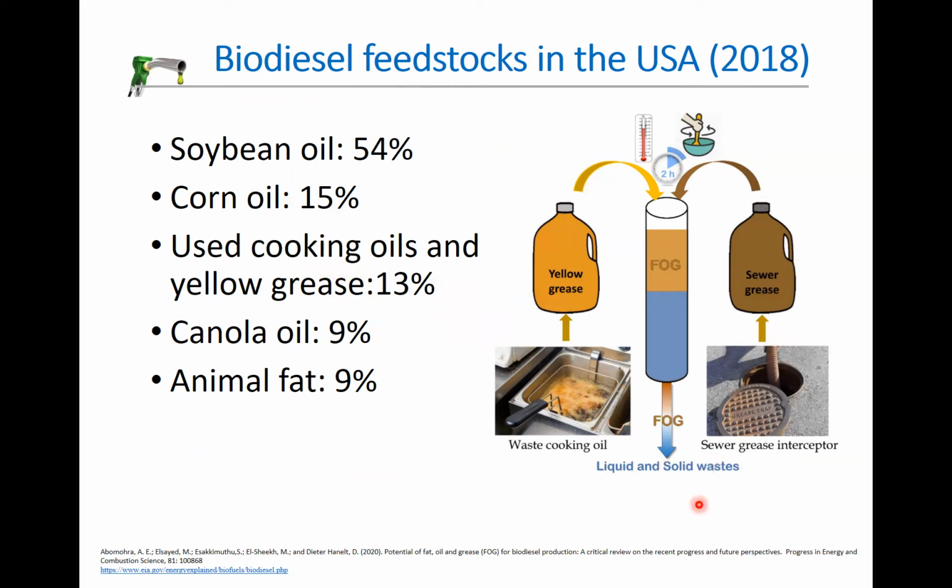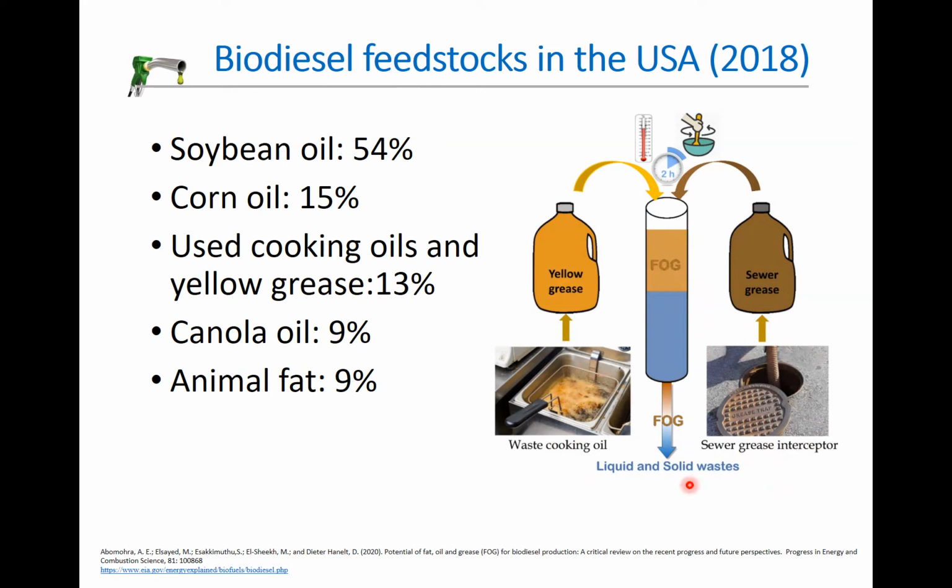This can come from what they call FOG, which is fat, oil, and grease. This can be collected from kitchens or from restaurants or from what they call a grease trap. And here this is the yellow grease, for example. This comes from the waste cooking oil, and here this is also sewage grease interceptors. This also collects some kind of sewer grease, and this, of course, can be collected in the FOG